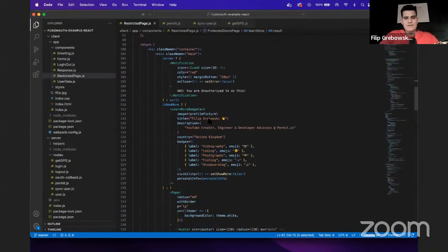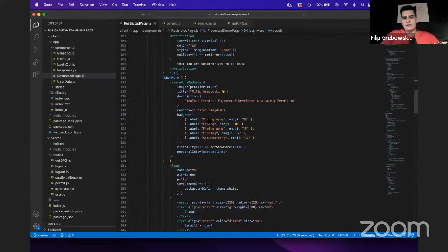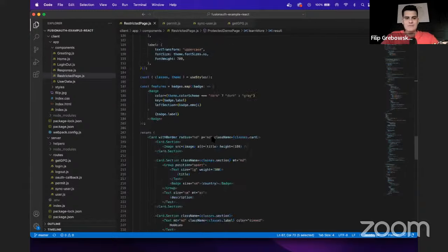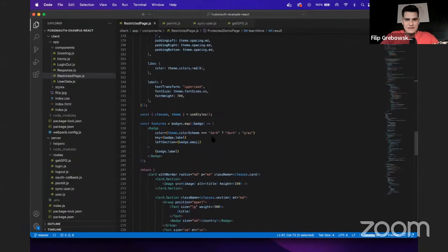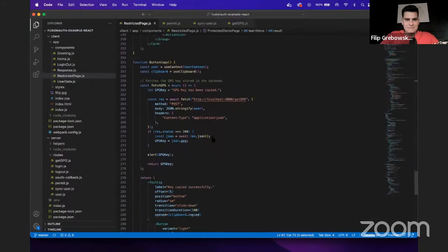And the last thing I want to touch on as part of this demo, when I was talking about showing and giving permissions, is permissions that not only work on the back end, but also work on the front end. So in the same way, let me just find it right here in the code.